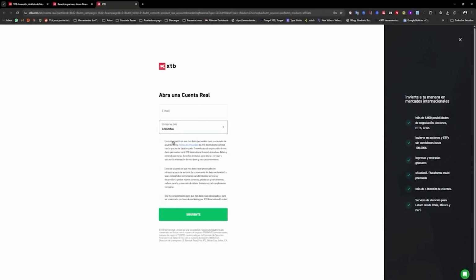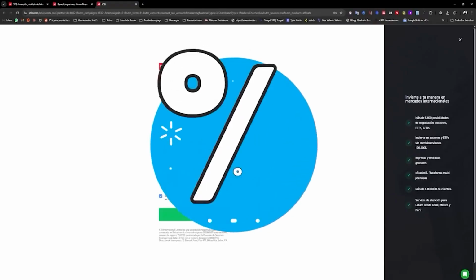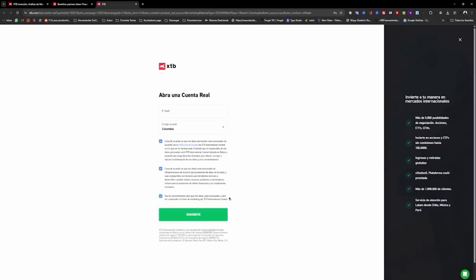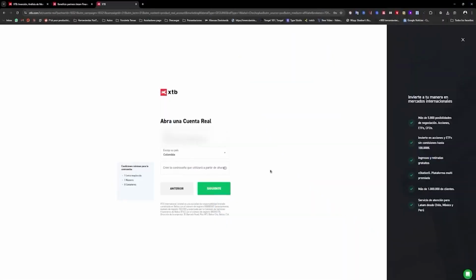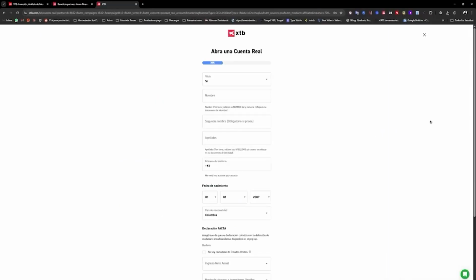So we put it here, and then in the country section, we specify exactly where we are located, in this case, Colombia, and we accept the terms and conditions for the processing of personal data, that the data will be processed, and consent if they want to be contacted by XTB. I highly recommend this because on some occasions they provide us, as I mentioned, offers, discounts, completely free classes, education, and several other things. So we put the email here and click next, and we are going to set our